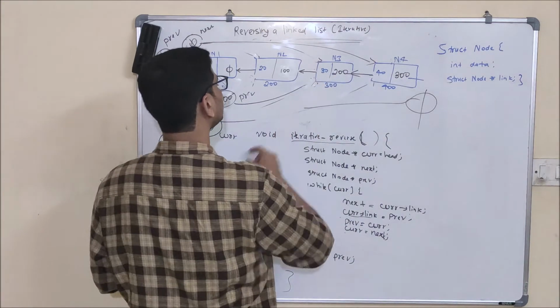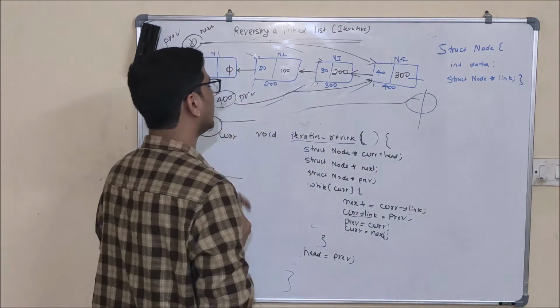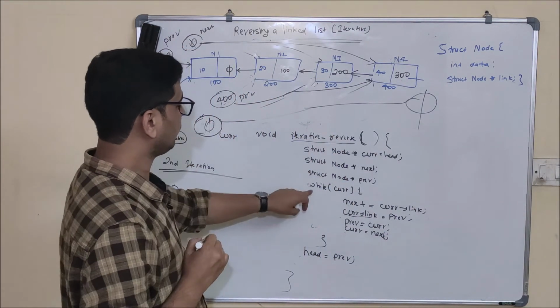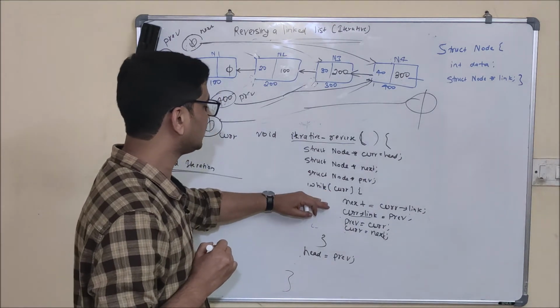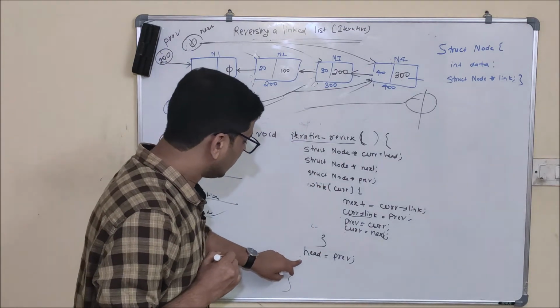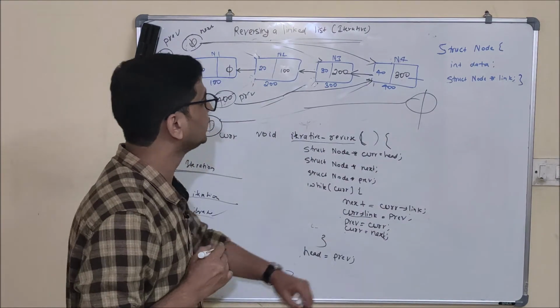And after fifth iteration this previous will start to point to node 4 as it is containing 400 and current and next will be null. And when current dot next will be null in fifth iteration, this while check will be false and these 4 lines will not execute and control will come to this particular line, that is head will be updated to previous.